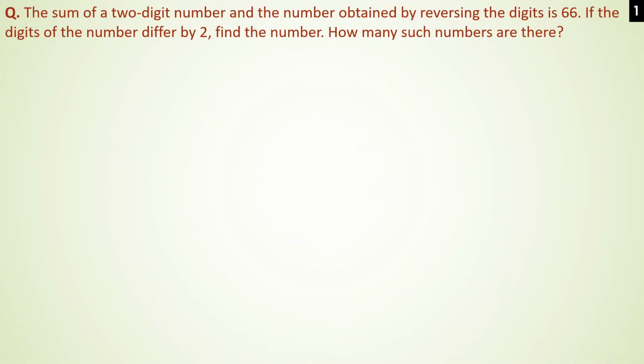Let us see one more problem, which we are going to solve again by using the elimination method by equating the coefficients. So here the problem says the sum of a two digit number and the number obtained by reversing the digits is 66. Since it is a problem of a two digit number, we will have to select the digits